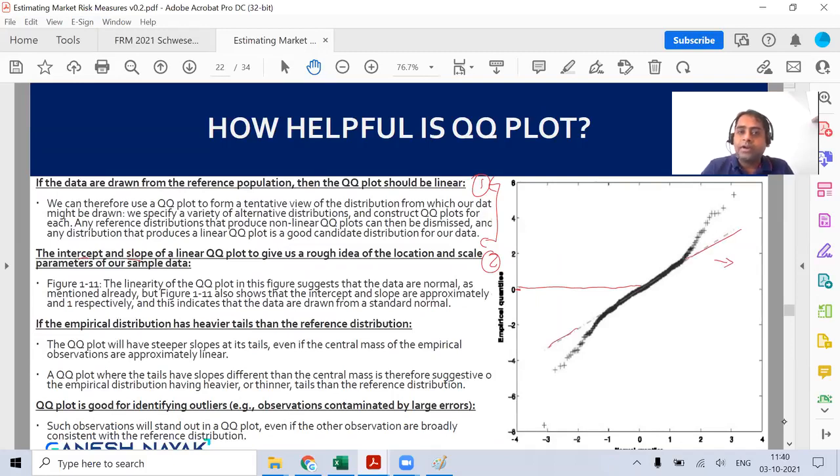Now, I have not calculated this, but by looking at the data, we can see the standard deviation is equal to 1, like that. So we can say that this is coming from a standard normal distribution. The assumed distribution is standard normal because mu is close to 0 and sigma seems to be 1. That is being highlighted over here. So in very simple language, QQ plot helps you identify your assumed distribution also by looking at the diagram.